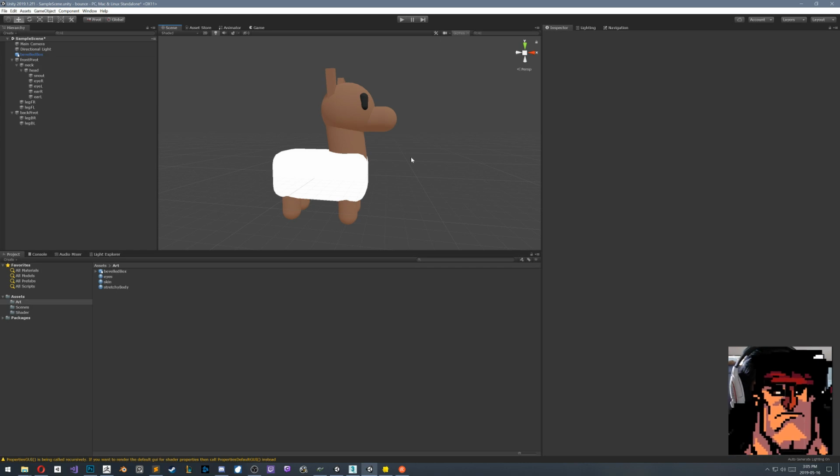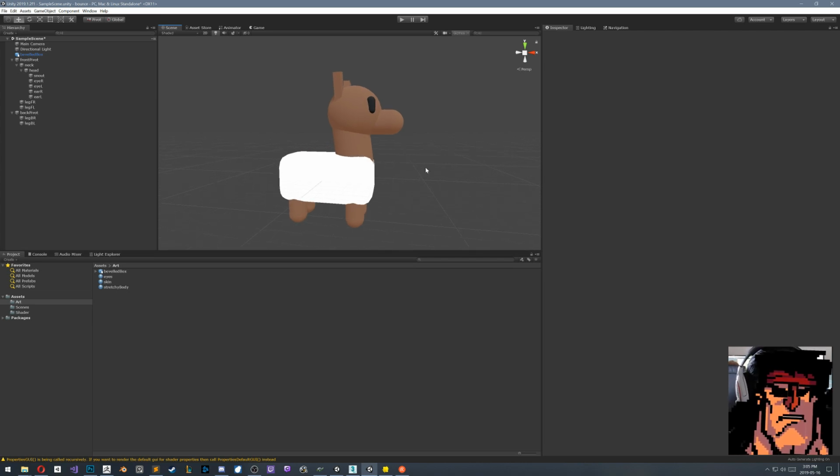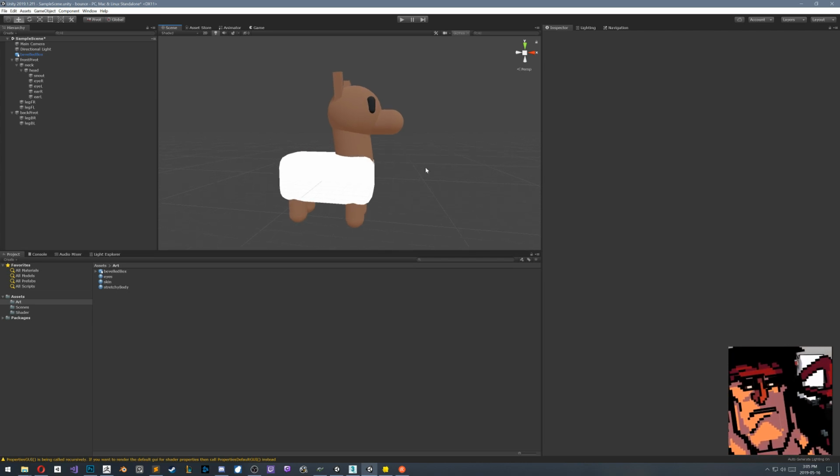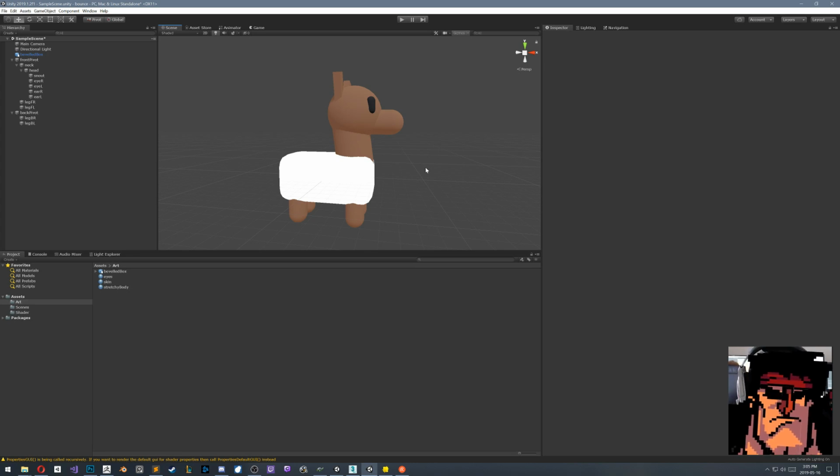In almost all cases, it's a little program that takes some data, which could be textures, sometimes meshes, and transforms them in some way, and then puts it on your screen. Typically in 3D games, you'd have a model and some textures, and your shader would take the model